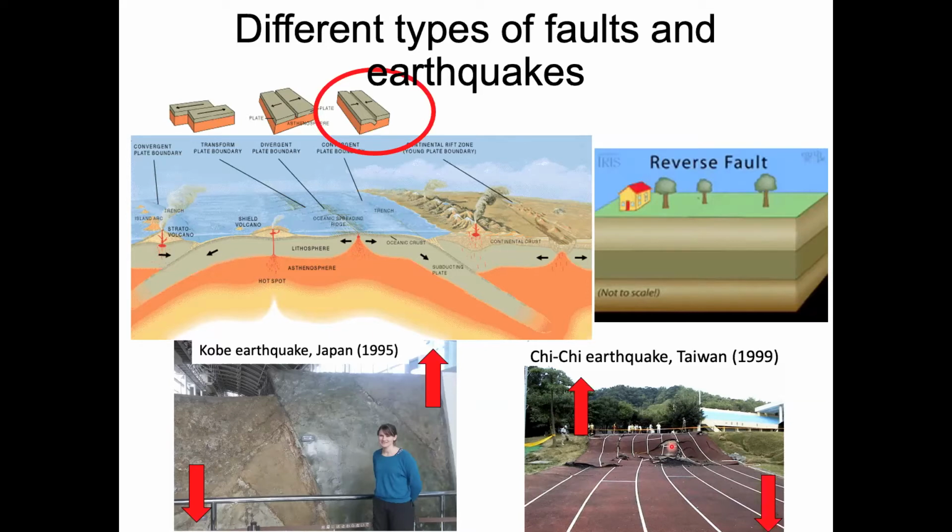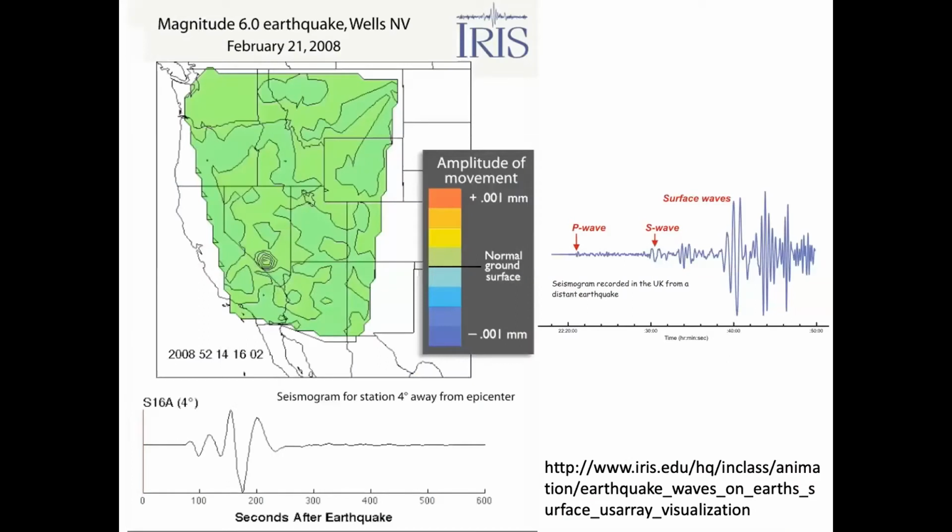But normally when we think about earthquake hazards, we also think about ground shaking. So rather than just the ground being offset, the ground shaking due to seismic waves. And the way that we look at these seismic waves is we use something called a seismometer, which measures how much the ground moves during an earthquake. And this is an animation of an earthquake that's going to start somewhere around the center of this picture. And what you're going to see is the seismic waves spreading out as recorded by seismograms. So I will play this through.